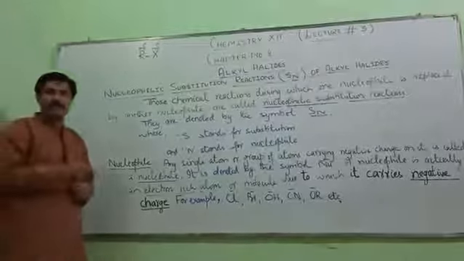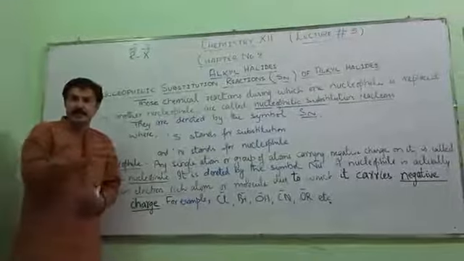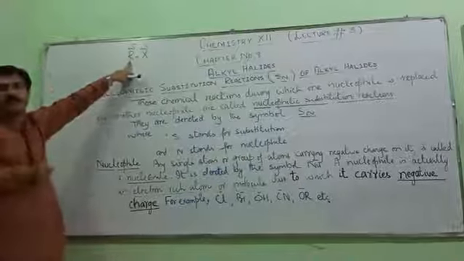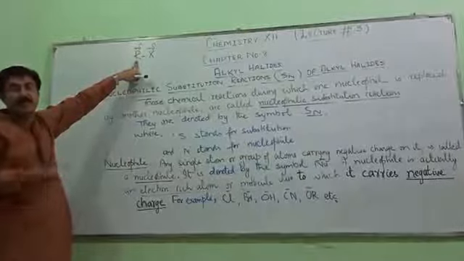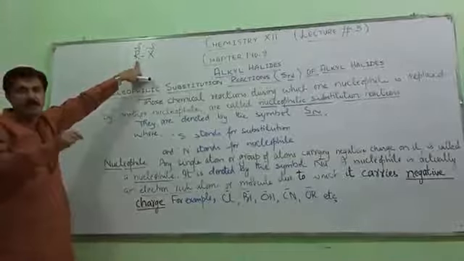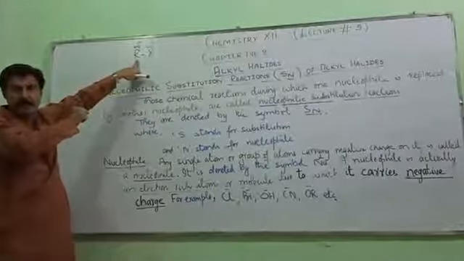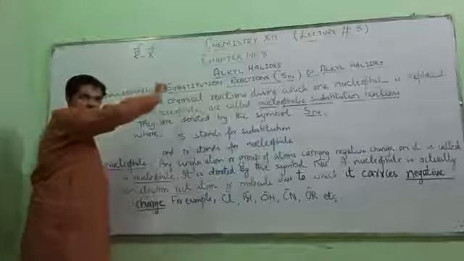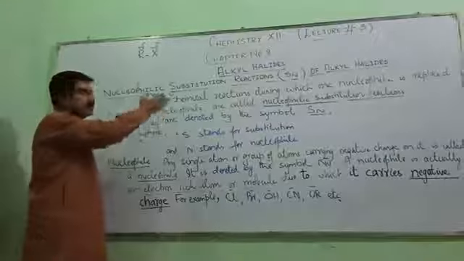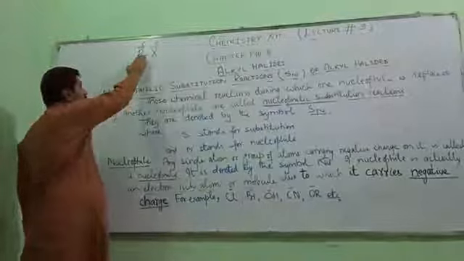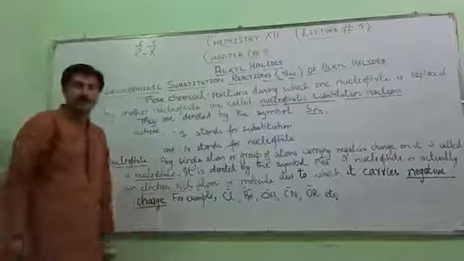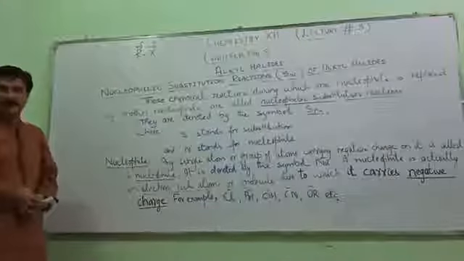One thing you must remember here: the attacking nucleophile which has to be introduced into the alkyl halide molecule with the carbon chain must be a stronger base than the halogen atom. A stronger base has to be reacted with the alkyl halide molecule so that it shall easily replace the halogen atom, and in place of the halogen, that stronger base nucleophile makes a new bond with the alkyl radical to give you the substitution product.